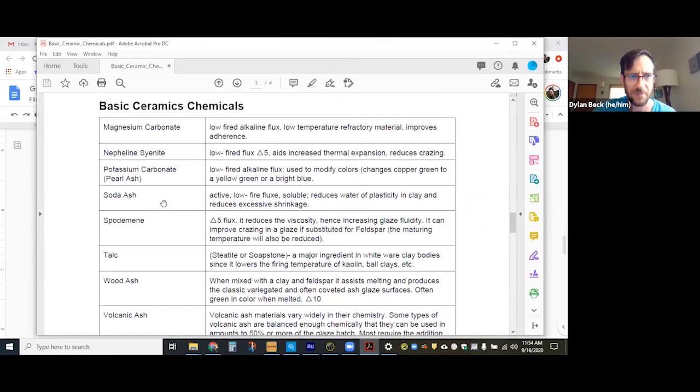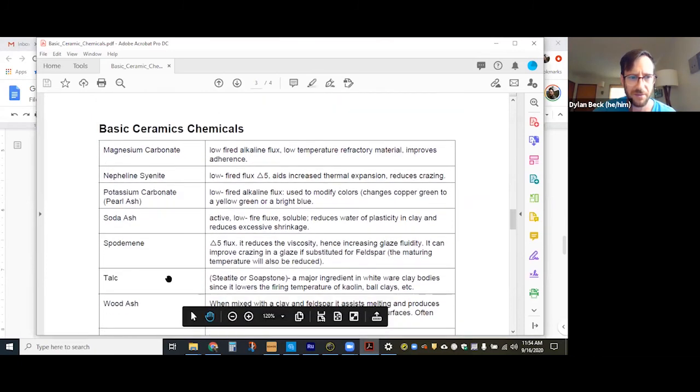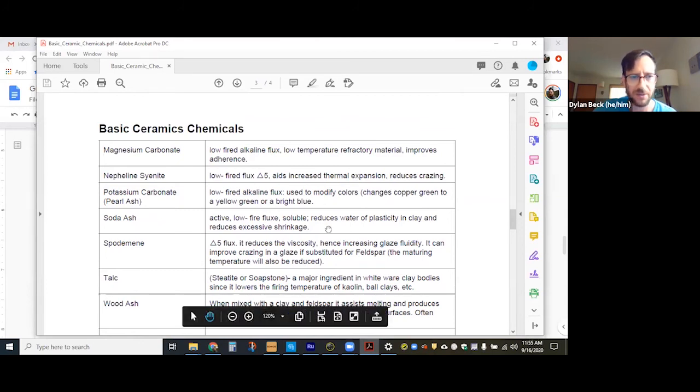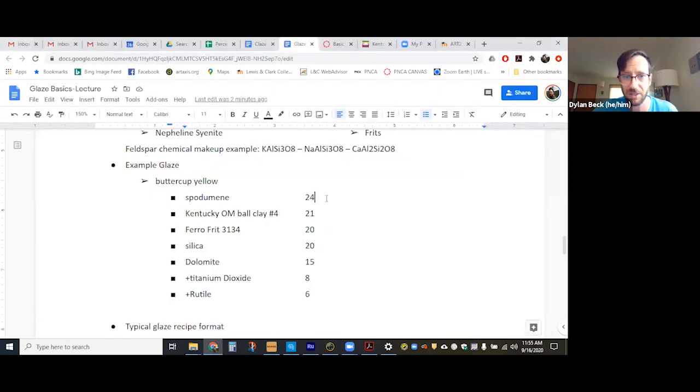Oh, it's right here. It is a cone 5 flux, but it'll also reduce viscosity, so it makes a glaze more fluid, which is what we associate with fluxing, and it can do some other things here. So spodumene is a flux. Let's put that on our sheet here when we're assigning. So we'll write flux, and then